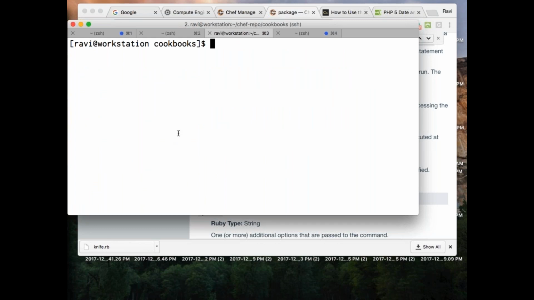Right. And what else did we write? Roles, right? Yes. Vim. Now I have written my roles. Now I need to tell where to pick up those roles from. That is also very important, right? Now I'll say knife role list.